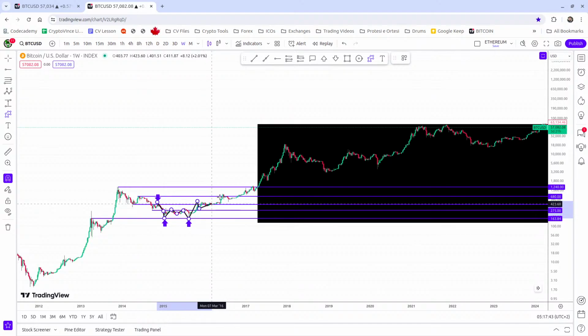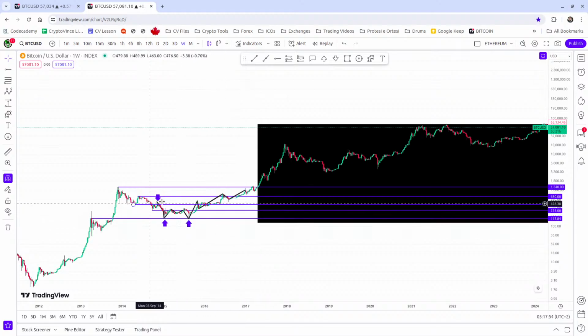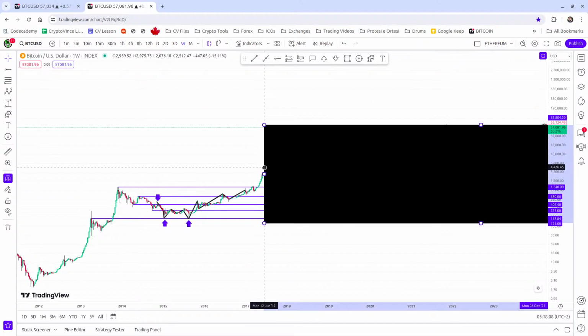Higher high, higher low, higher high, higher low, higher high, and keeps going. Okay, so this, you can see the switch from a downtrend to sideways to an uptrend. Okay, so we keep watching here. Broke all-time high, so I'm bullish here. Let's see if it goes retest. It doesn't go down to